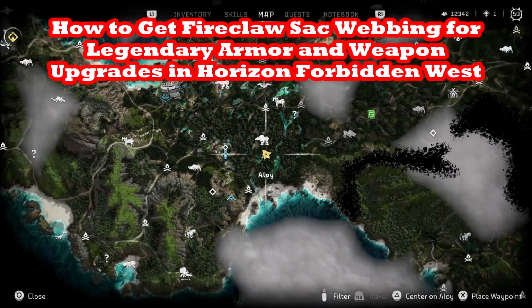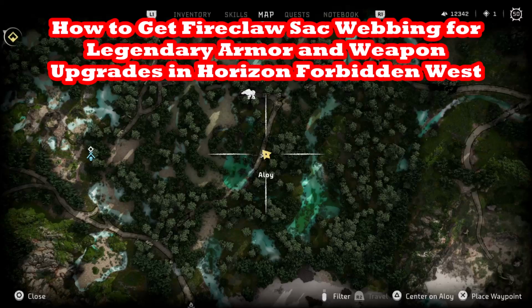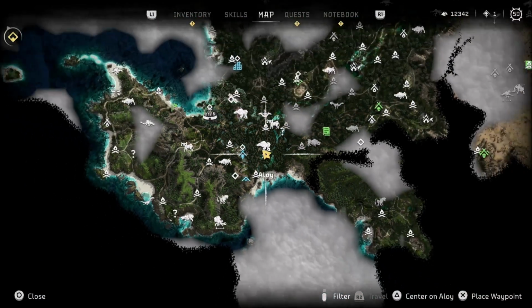In this video, I'm going to tell you how to get Fireclaw Sac Webbing for upgrading your legendary items in